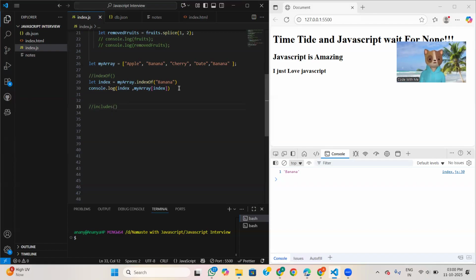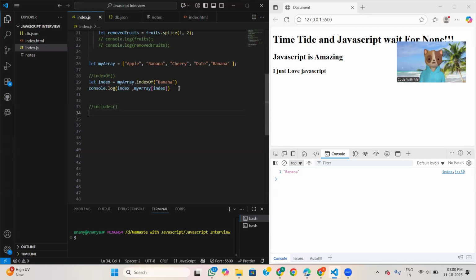Mostly we will use it, but for freshers I am telling, in that scenario we will use includes in JavaScript. The definition is that includes determines whether an array includes a certain value or not, and it returns a boolean, not the value or the array. If the value is present, it returns true; if it is not present, it returns false.